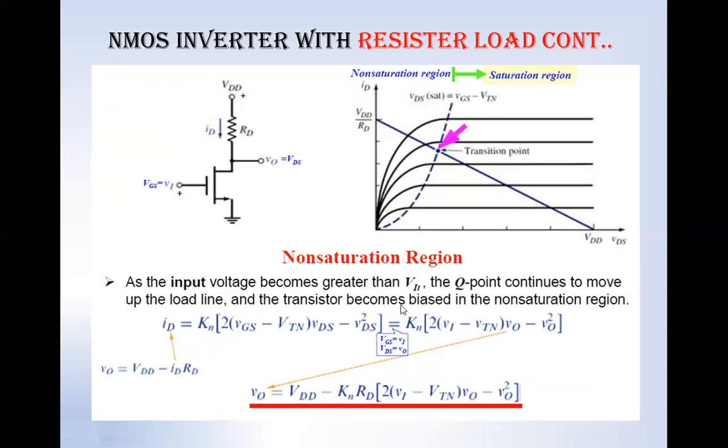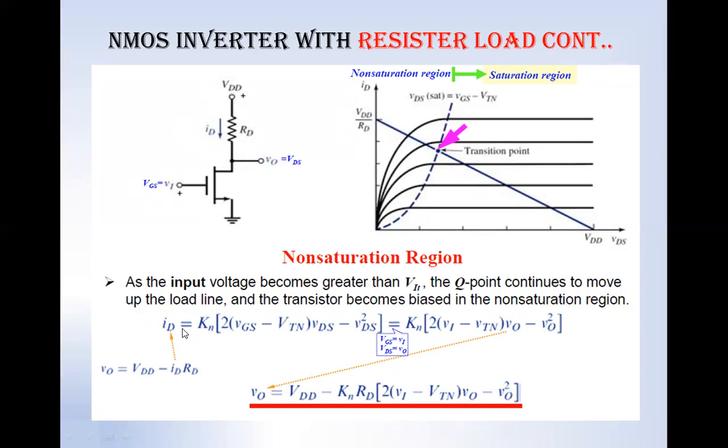Now under the non-saturated region, that means when my input voltage is applied further and further, at one point the transistor is fully on and allows the VDD voltage, because a transistor acts like a short circuit switch. The output voltage slowly discharges through the on transistor, so my output voltage is getting reduced. At one point this V0 reduces, nothing but VDS reduces compared to VGS. So that is where the transistor goes into the non-saturated region or linear region.